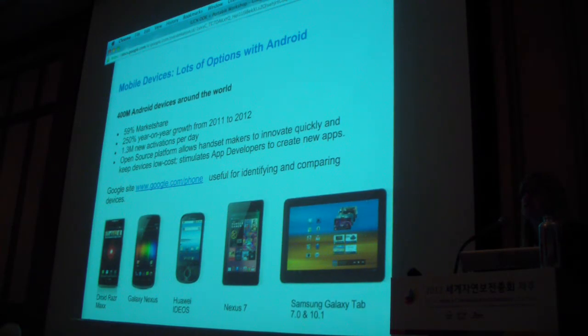It's also a very interesting market at the moment with Android, because we've seen an incredible uptake of Android over the past 2-3 years that it has been around. It's just been phenomenal. Whenever I present this slide, I research the latest numbers and I'm shocked every time. So 400 million Android devices around the world, a 59% market share, which was 48% back in February. It's growing at a staggering rate. 1.3 million new activations per day, a bunch of different carriers now carrying phones that support Android, and a bunch of different types of devices, including super cheap devices on the market. So the Droid Razr Max all the way on the left